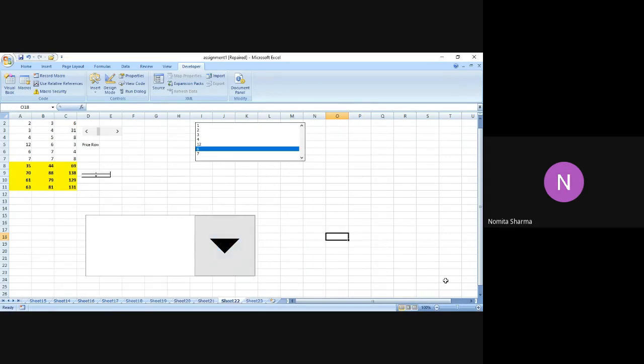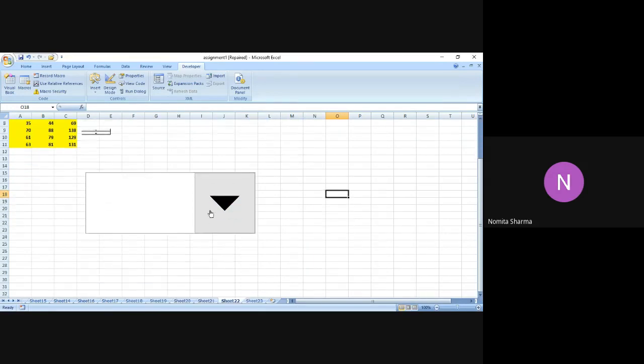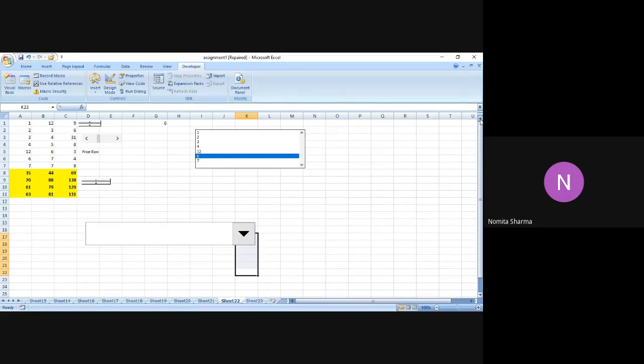Now, if I click on this box, you will see that it now shows me the drop down box, which was not the case with the list box. In the list box, the whole list will come. Let me make it a bit small so that you can see. Let me just resize it so that it looks better. Now when I click on this arrow, it will actually show me all the values which we have in A1 to A7, and from that list, I can select any.